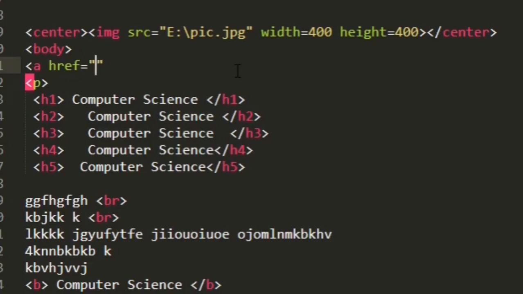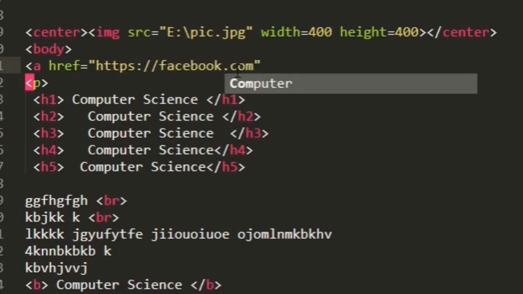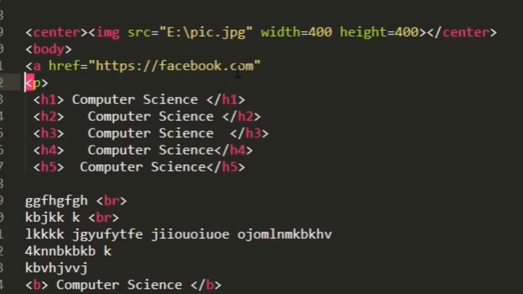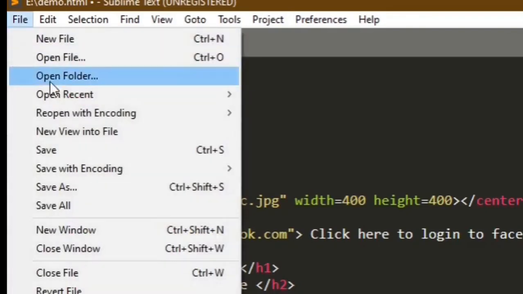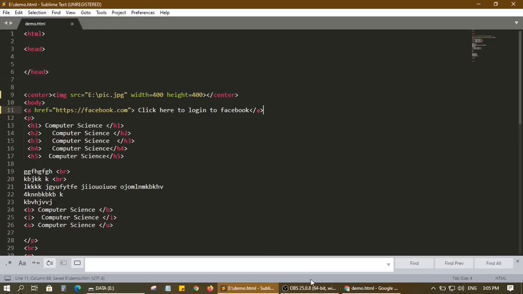So I'm writing https://facebook.com, and I'm closing this tag, and I will say this is what should appear on my screen. Click here to log in to Facebook, and I will close the anchor tag. Then I'll save the file and let us look at how our output would be.